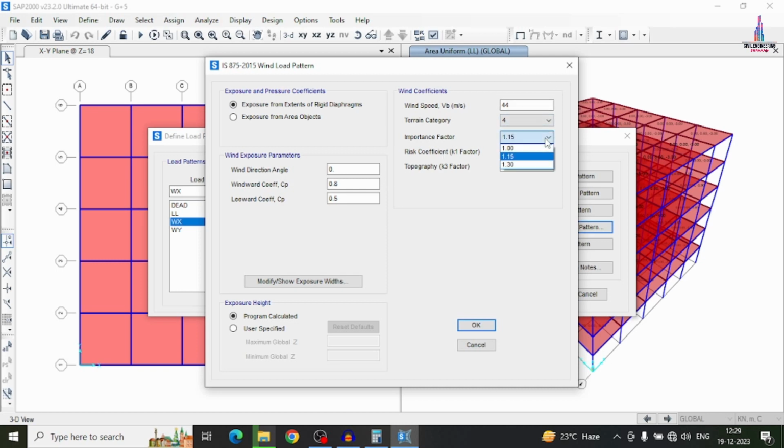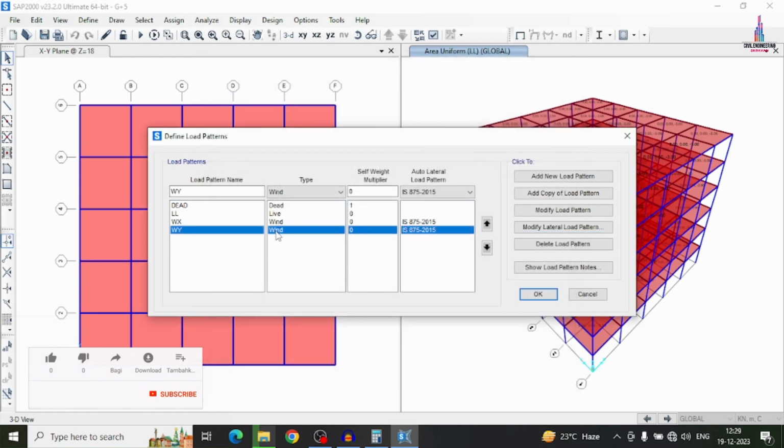I am considering the importance factor as 1.15, not for important buildings, just for normal buildings. The risk coefficient factor K1 and topographic coefficient factor K3 are 1. I am assuming the wind direction angle is 0, the windward pressure coefficient is 0.86 and the leeward coefficient is 0.5. The windward coefficient is where the wind load is coming towards the building structural model; the leeward coefficient is where the wind load is leaving the building structural model. Click on OK.